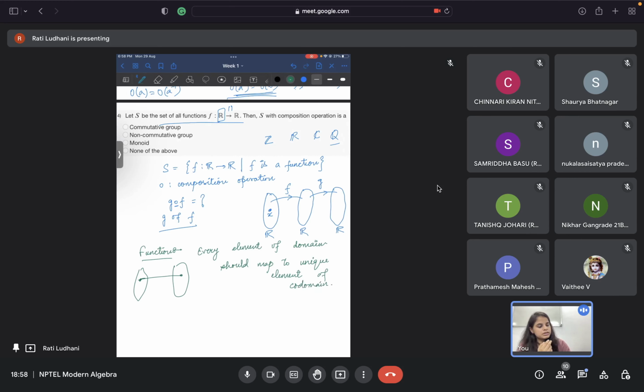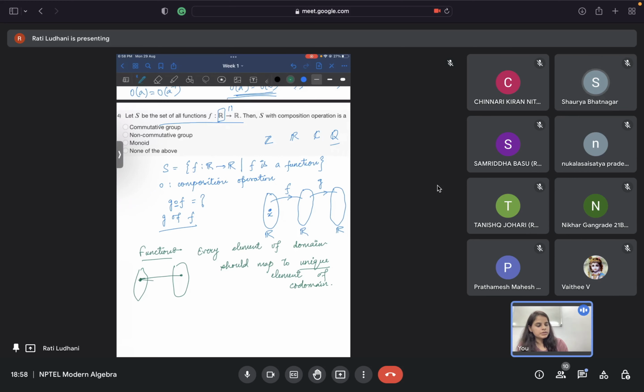Sorry, you were saying range should be equal to codomain? That is surjective, that is the next step. But you are writing unique. Yeah, unique means it should not happen